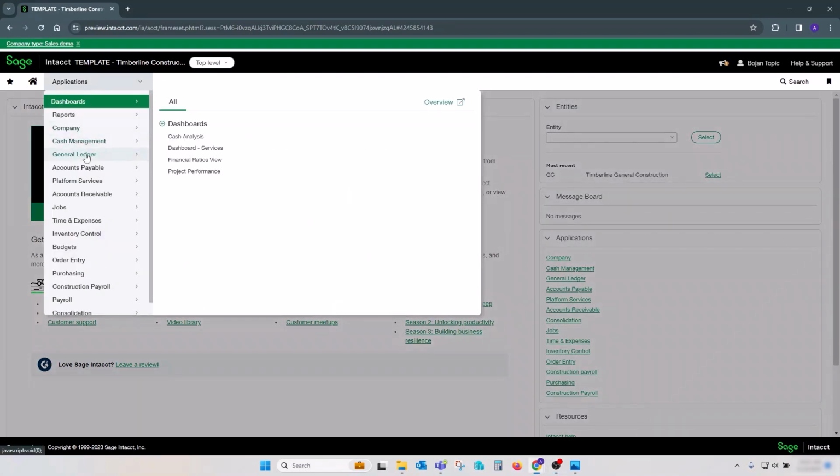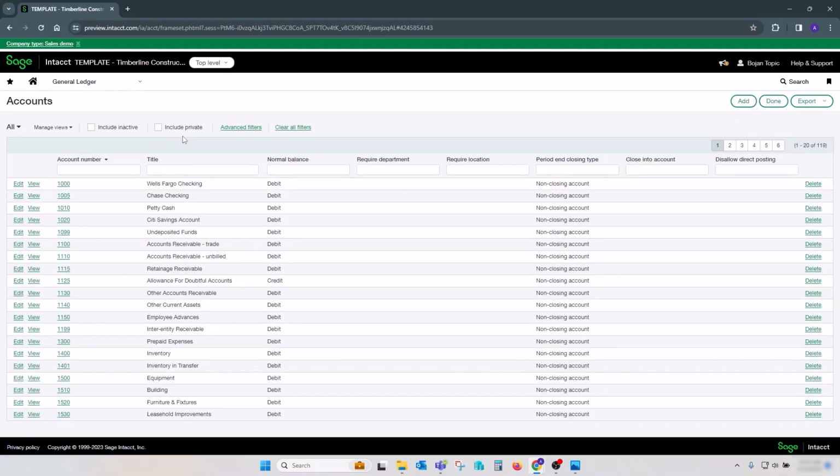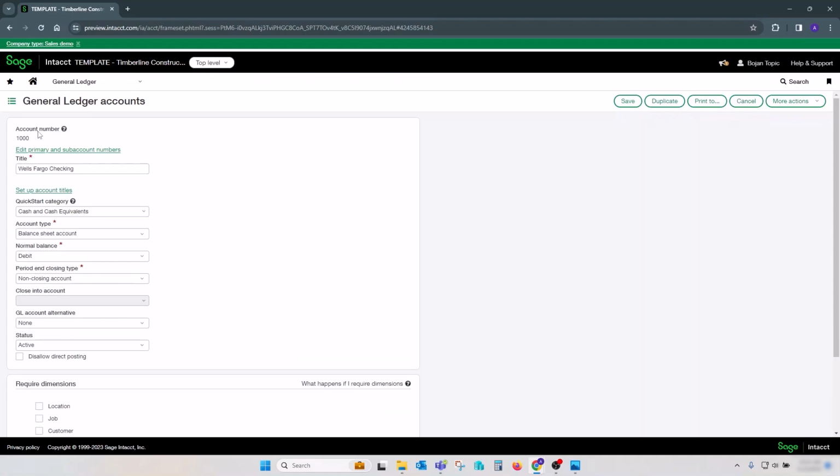In Sage Intacct, GL accounts have two values basically. They have a record ID and they have an account ID. Record ID is the unique identifier for each account, and this new change does not change record ID. That will remain the same. What the system is going to allow us to do is to change the actual account number. So that number that was previously locked, where we were not able to change length or number, is now available through a set of features released in R4.